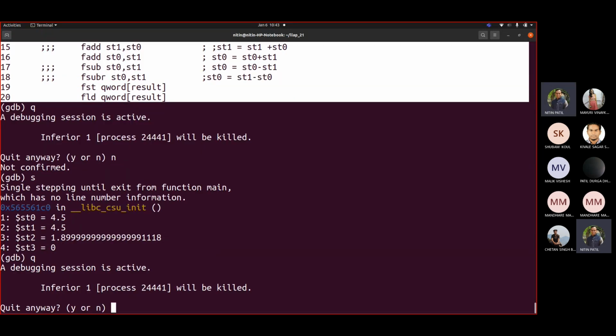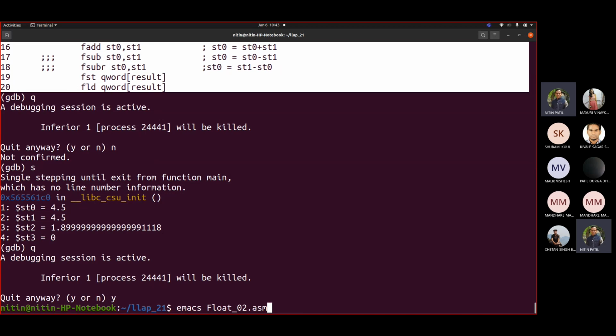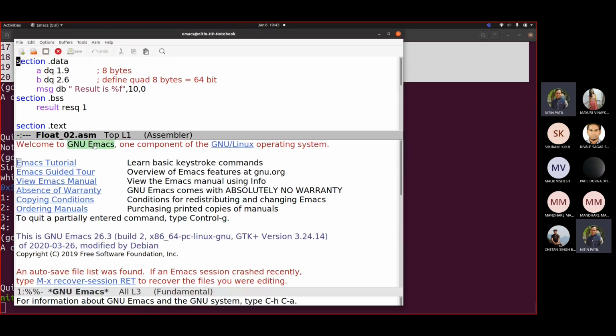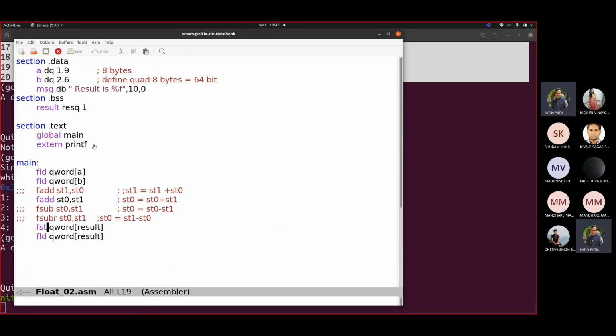Suppose I don't want to keep that value after it is stored. So what is to be done? You simply add FSTP here. First of all, let me write the meaning of this FST. Sorry, I should write the comment here.